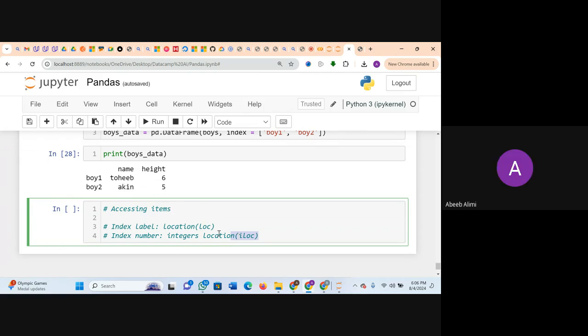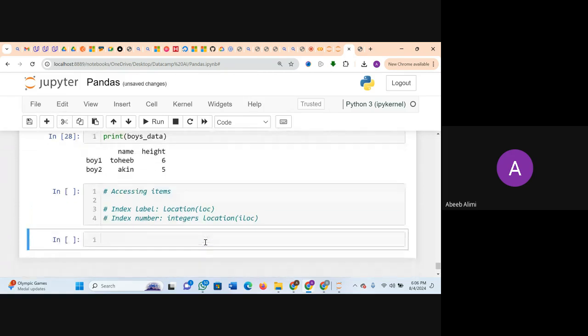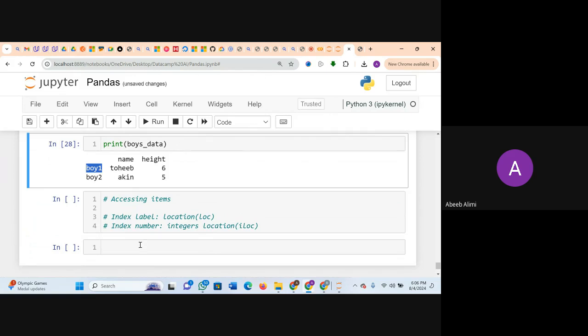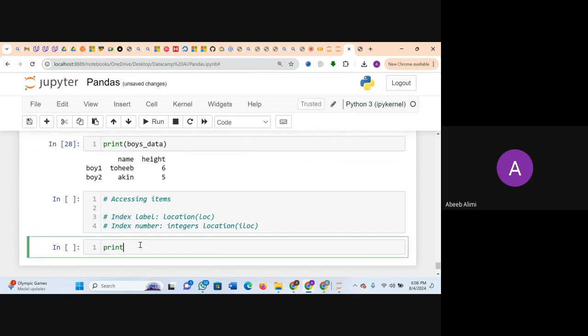All right, so let's use LOC first, then we're going to use ILOC. A very simple example: we have created a data frame called boys, and it has 2 rows, which can be identified as boy 1 and boy 2. I want to locate the first row, so I print boy data dot LOC, in square brackets, boy 1.